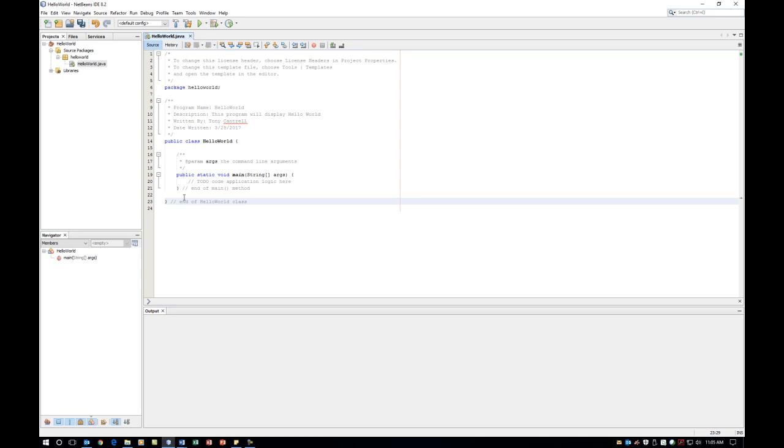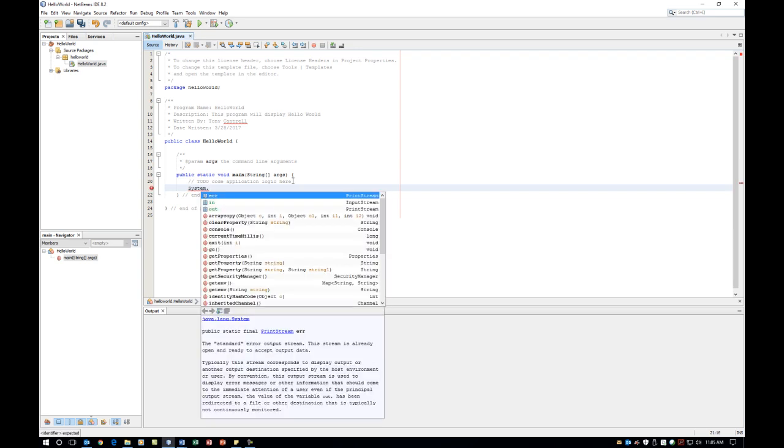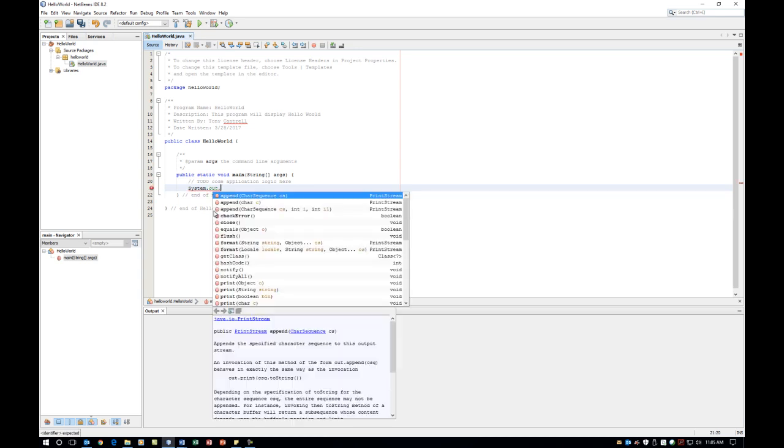Click at the end of the comments on line 20 and hit the enter key. Then I'm going to type in System with a capital S and a dot. Notice the IntelliSense window that pops up. This allows me to choose my option instead of typing it. So I'm going to double click on out, type in a dot, and the IntelliSense pops up again. I can double click println or I can just type it in. I'm just going to type it in,